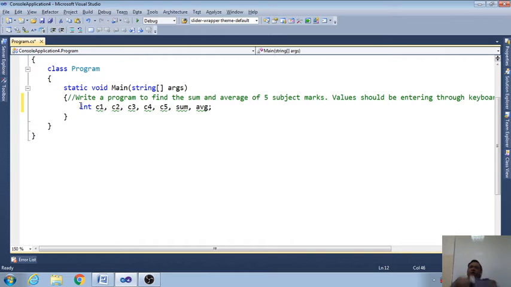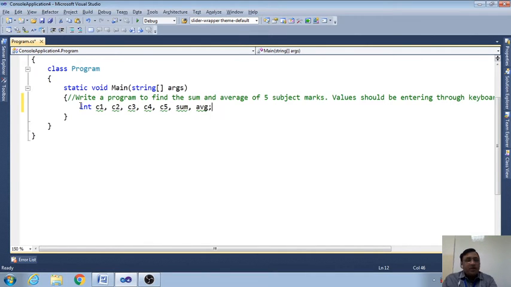You know, when you are going to write any program, we have to do 4 tasks. I am going to tell you in serial order. The first task is to declare the variables. Always in the program, the first task is to declare the variables. The second task is to take the data for those variables from the keyboard.